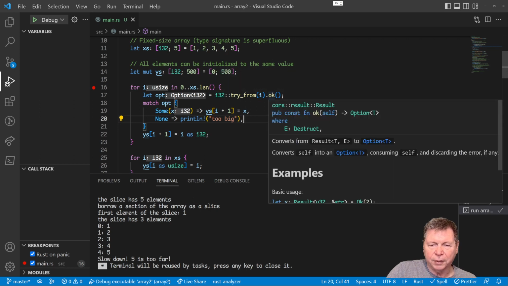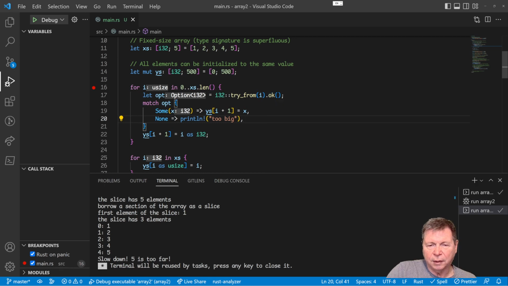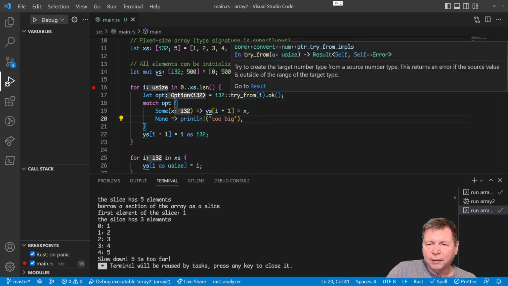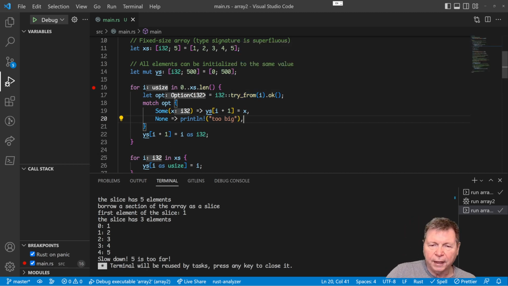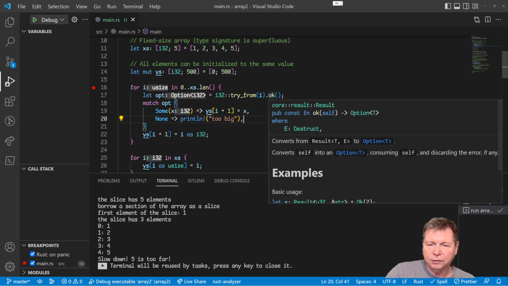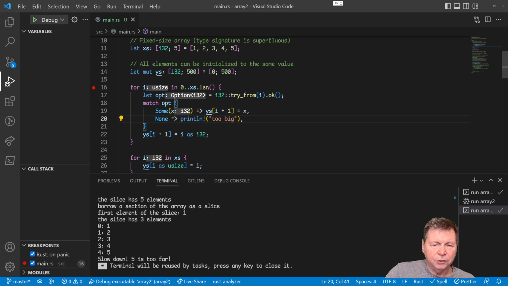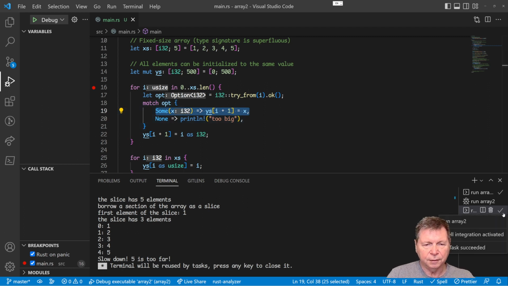I'm not sure what this ok thing is, but I think try_from returns a result, and ok converts that result into an option, and then we can use the returned option and go with the Some None business. So if it is an i32, we will assign it, and we'll give this the name,